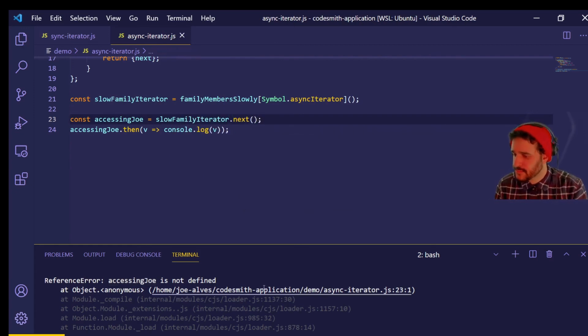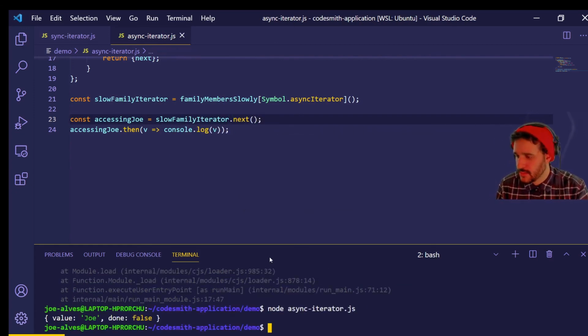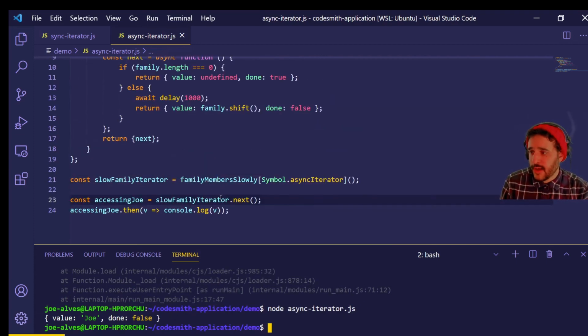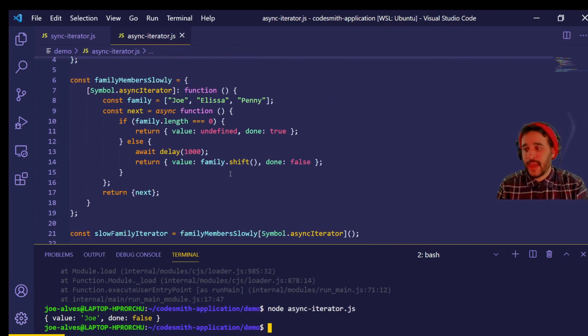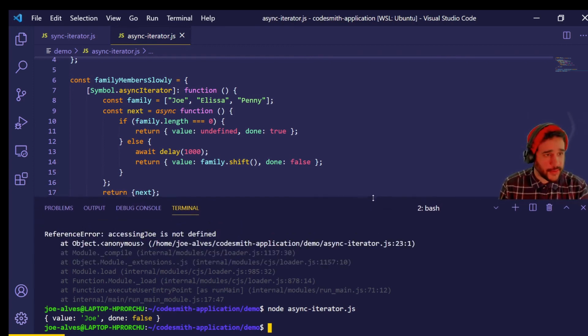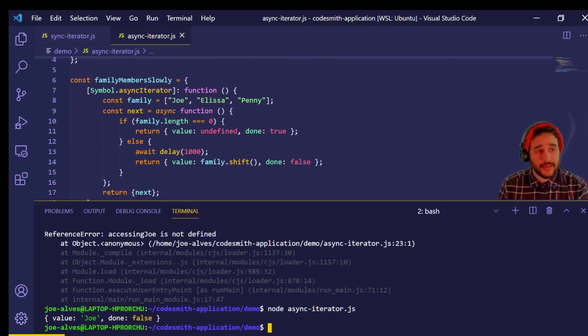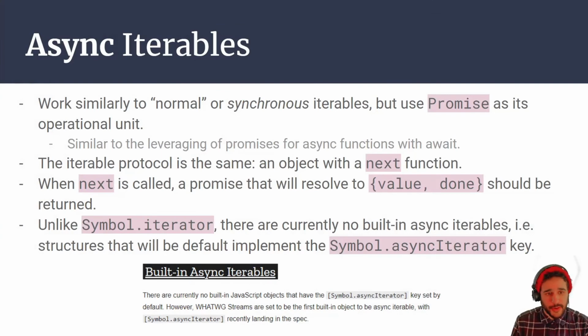Next. Cool. So still working that way. And now we can talk about why you would have an async iterator in the first place. And that is for await of. So it is the corollary to for of with normal iterators. So let me go back to the slides. We can talk about